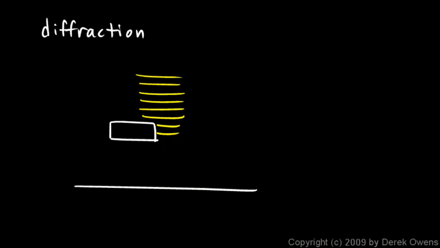Well, the light's blocked, and so you end up with some light landing down here, and over in this region you get a shadow. But the light isn't completely blocked. It bends around the corner a little bit. Now what I've drawn here is exaggerated. It doesn't really bend that much, or at least you can't notice it with your eyes that much, but it does bend around corners a bit.